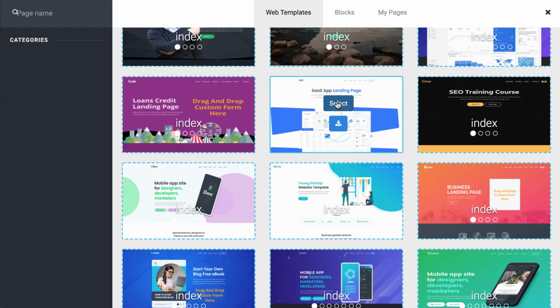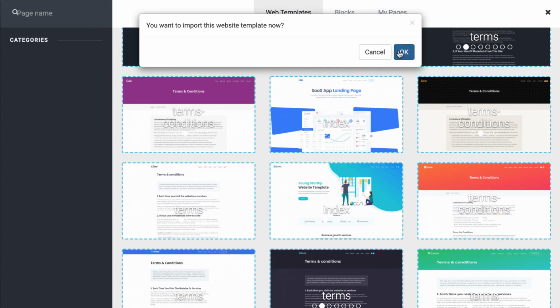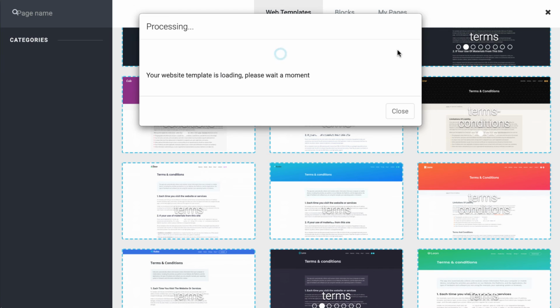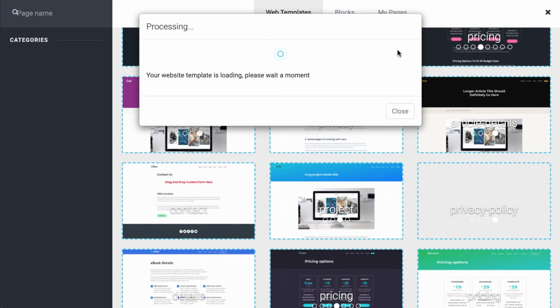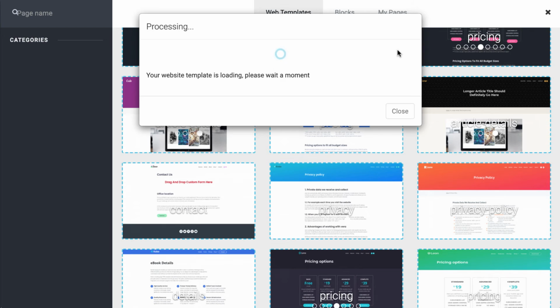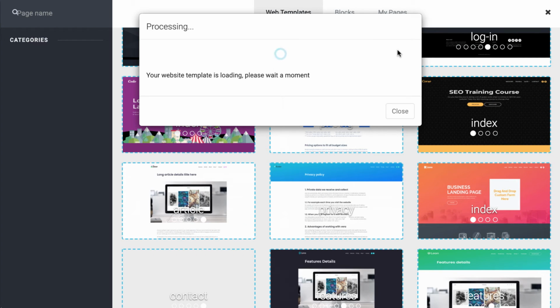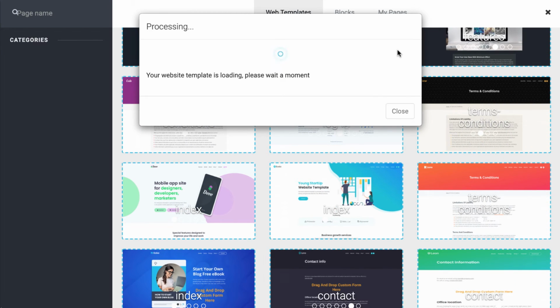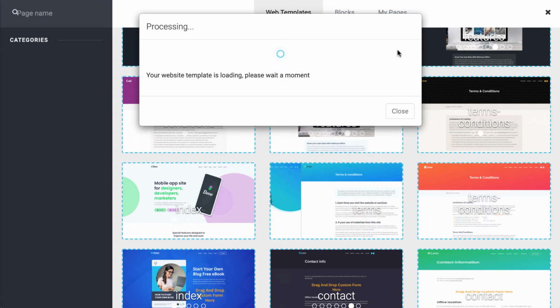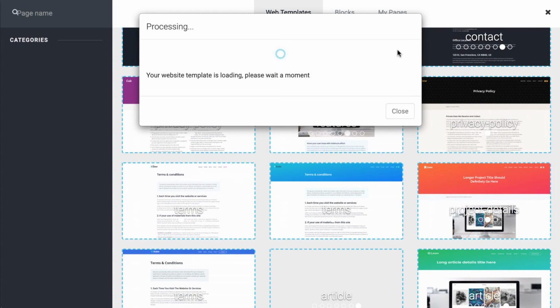All right, let's say I want to load up this template right here. So I'm just going to pick this template. And now FlowTrack's doing all the hard work for you, right? So we're importing this template. It can contain, let's say, 3 to 8 pages, depending on the template. So it's creating all these pages for you. It's loading it with all the images. It's building you the list of elements you need for your website. So including that form we just made. So I'm going to show you how we can use that form on your website. And so this is going to take about 30 to 60 seconds, and then we're going to load up the